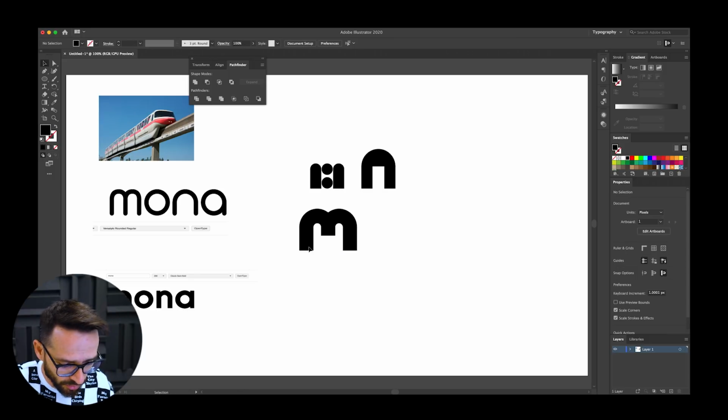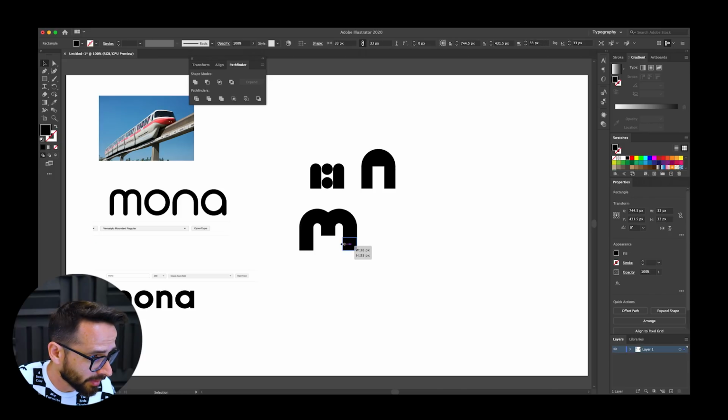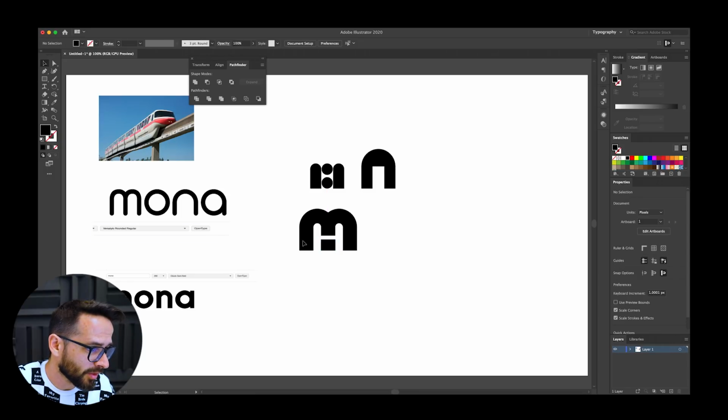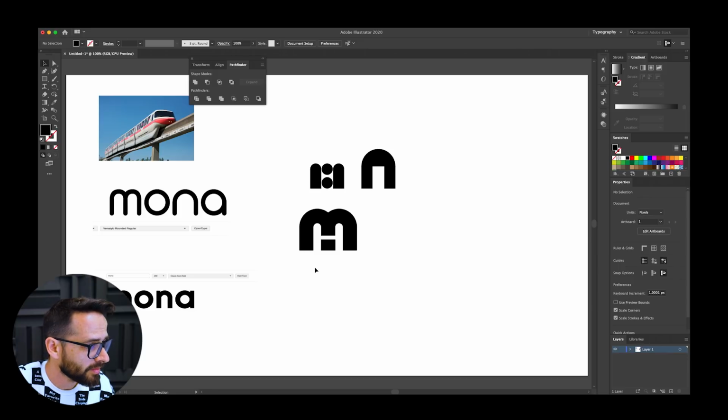Maybe I actually need to do this rectangular, not a circle, because look at this. This is actually also a rectangular. So I'm just going to do something like this, so it's exactly the same size. And I'm going to put it here. So this, in a sense, looks like the M. There's also something here that's an H, so I'm not sure about that, but okay, for now, just because I don't have enough time, I'm going to stick to it, and I'm actually going to have to,